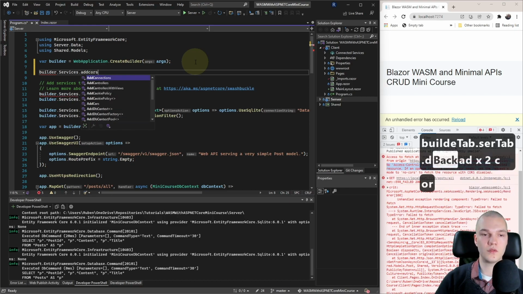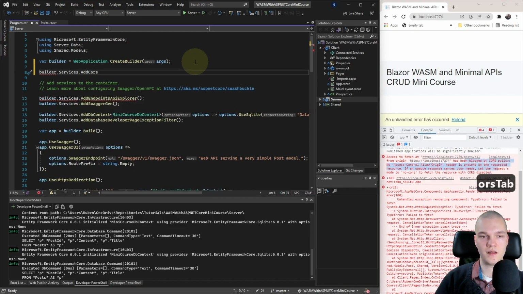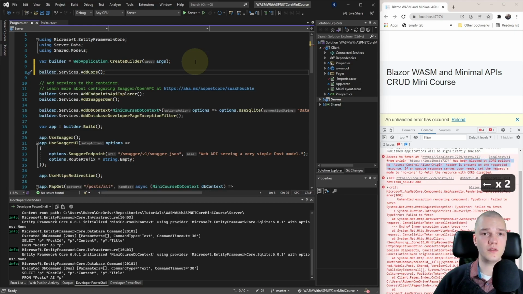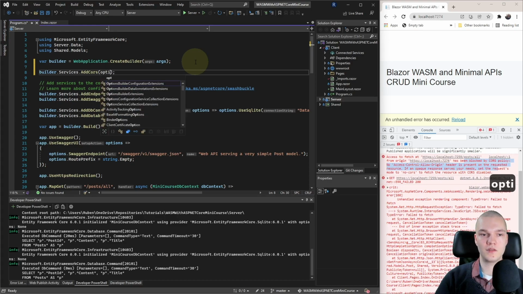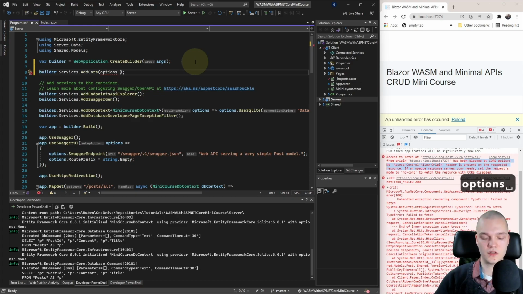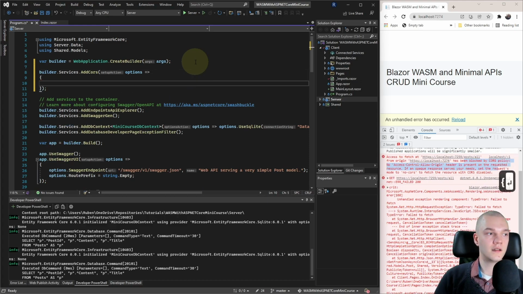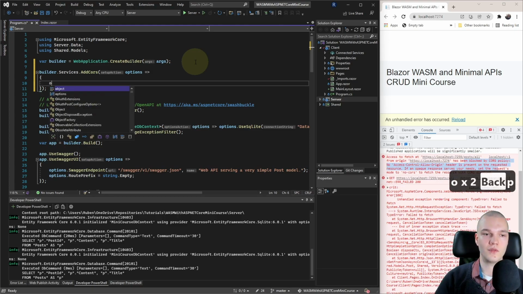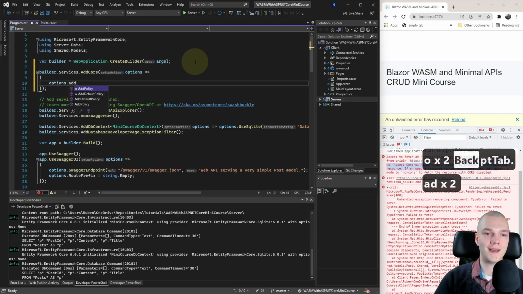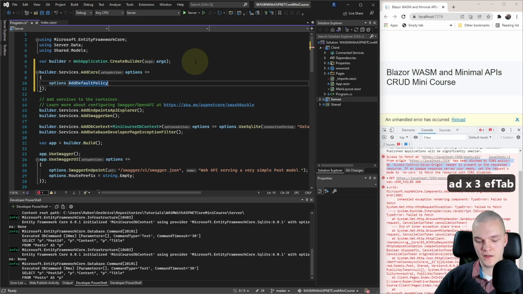builder.Services.AddCors and add parentheses, semicolon. And we're going to do a lambda expression here. So I'll take in an options object, do an arrow, go to the next line, add curly braces, enter that, and then we'll do options.AddDefaultPolicy. Again, I'll do parentheses, semicolon, and in there we'll do another lambda expression.